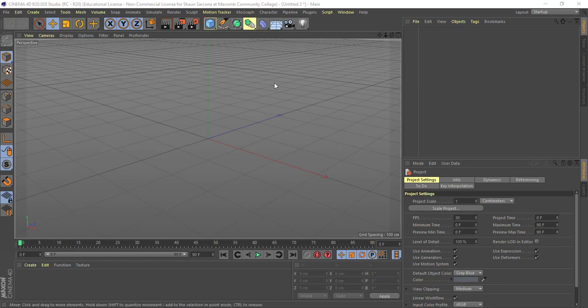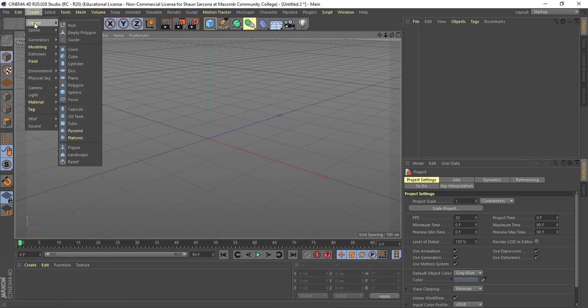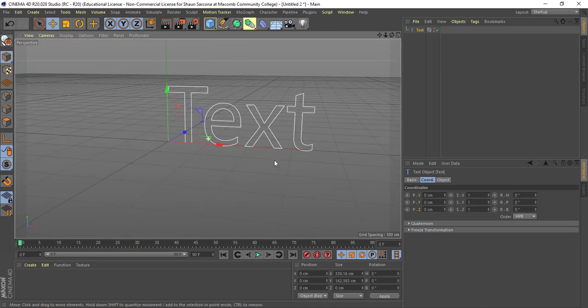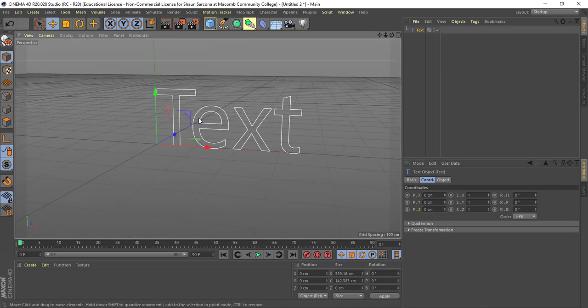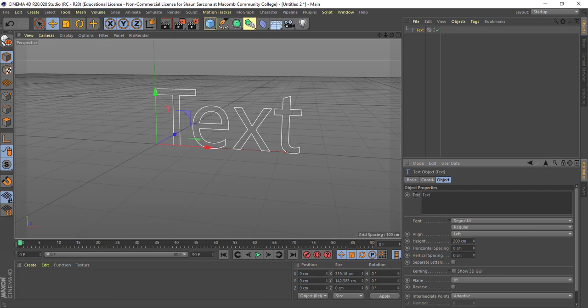Alright, in this video we're going to talk about how to make text inside of Cinema. So there's two main ways to make text. One of them is going under Create Spline and going down to the text area right here. And this will make curves, or splines as Cinema calls them, and then we can create the surface based on that. Okay, so if I click on this, go to Object, you can see here's the text,